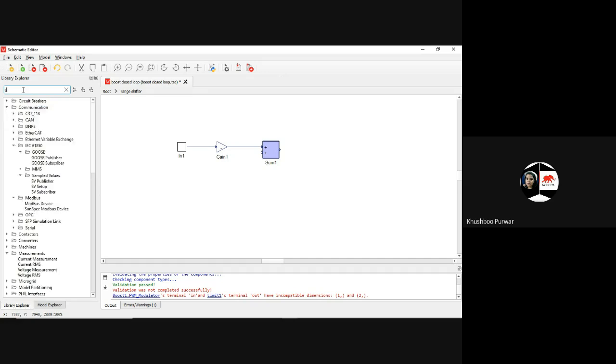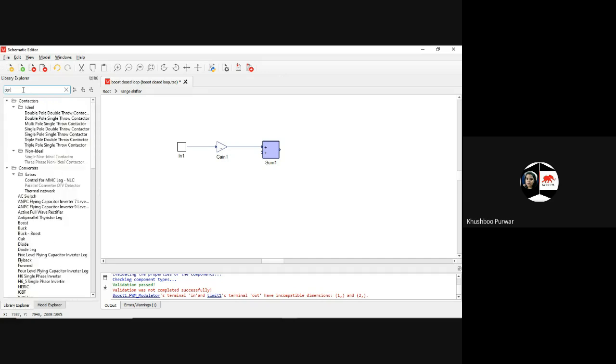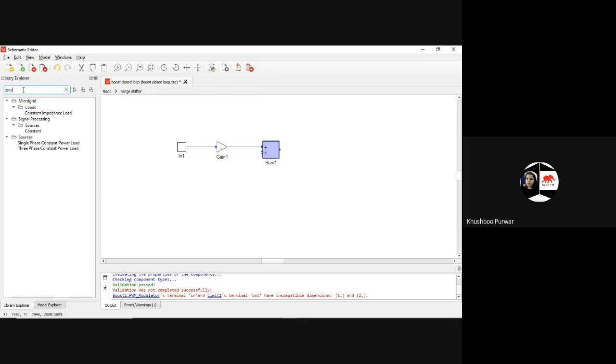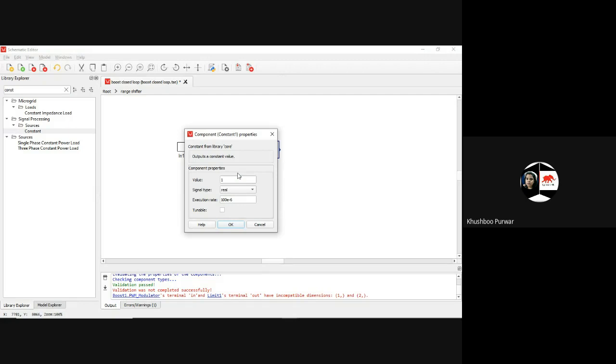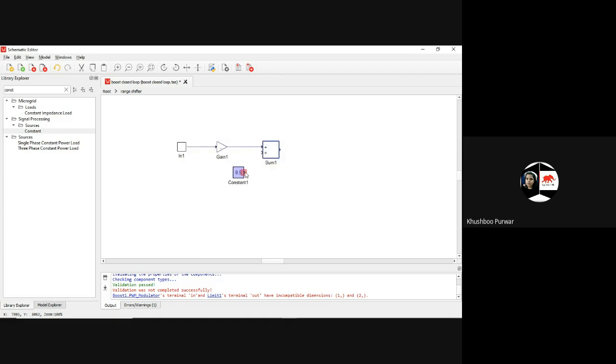Use one constant block, and in this constant block assign the value 0.5 and keep the execution rate as TS. Find it okay.